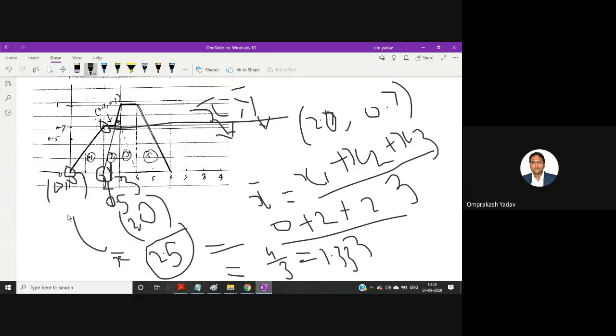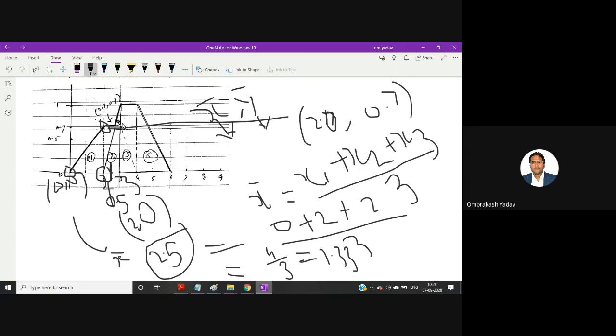Is there any doubt in this? Sir, how do you distinguish the different area segments? There's a little bit of confusion. You are free to mark all these area segments. It's up to you. If you know how to calculate and you are able to write the formula, then you can divide the area according to you. Absolutely, there is no problem. Clear? So this is the best way I could find out, but it's up to you.